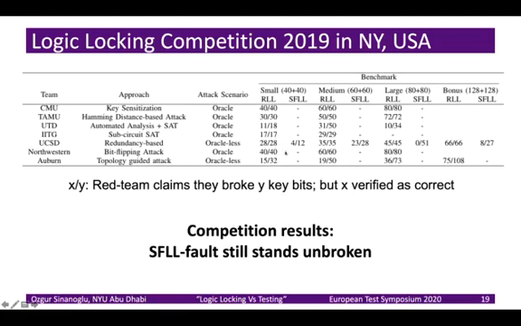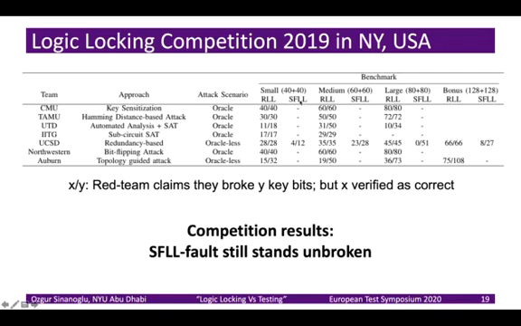And as we can see from these results, the random logic locking was broken by multiple teams, such as Carnegie Mellon, such as Northwestern. By the way, the notation over here is the team reports, for example, here that they broke 12 bits of the 40 bits, but when we check their results, they actually broke 4 bits of the 40 bits. So as we can see, random logic locking was broken by some teams completely, but